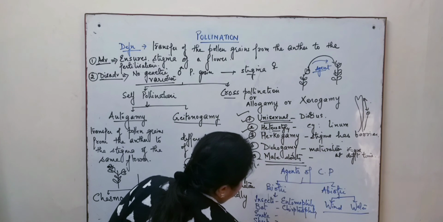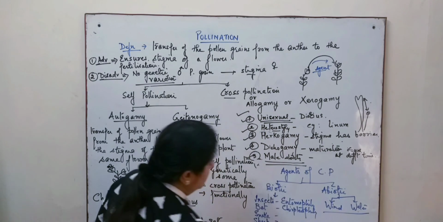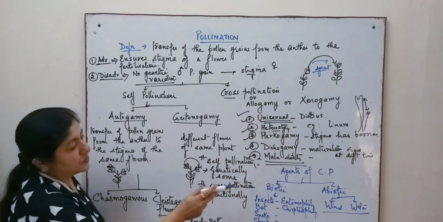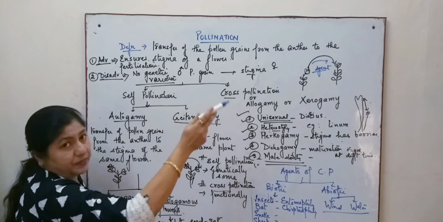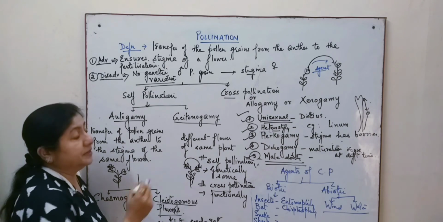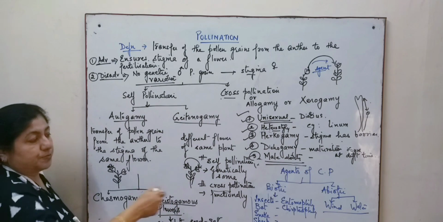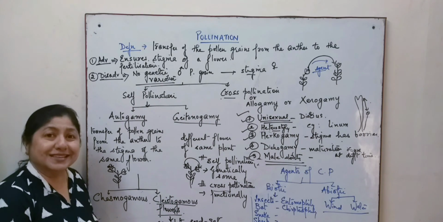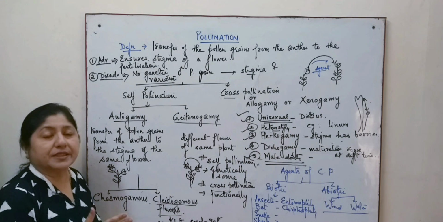So we find there are several agents playing a role in the transfer of pollen grains from the anther to the stigma of the flower of a different plant in the case of cross pollination. This pollination process is important in the life of a plant because this ensures that fertilization takes place and the continuation